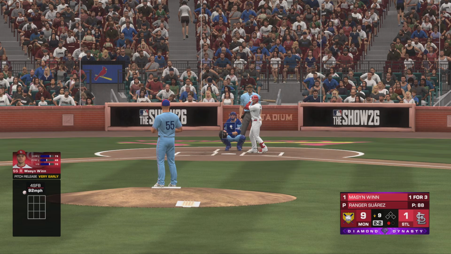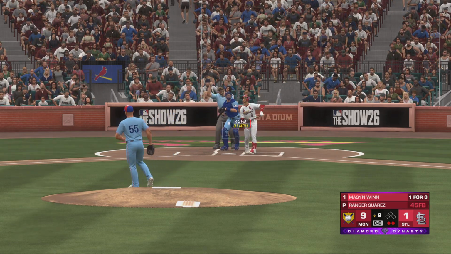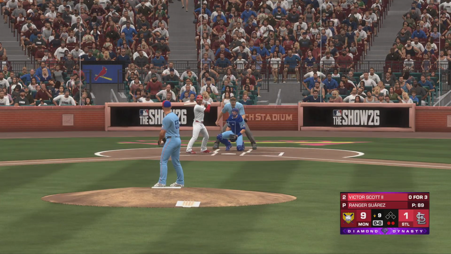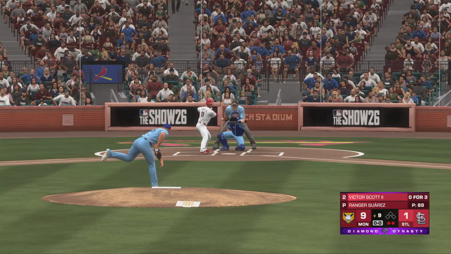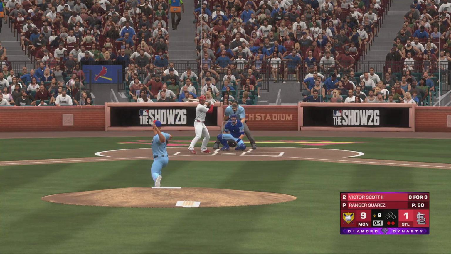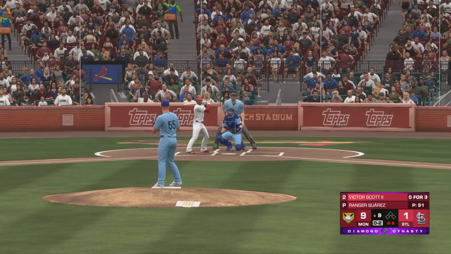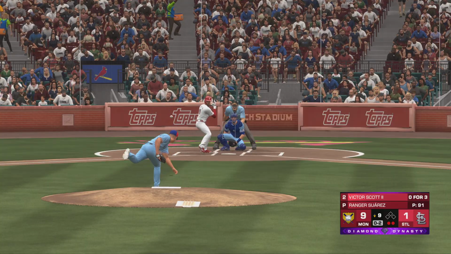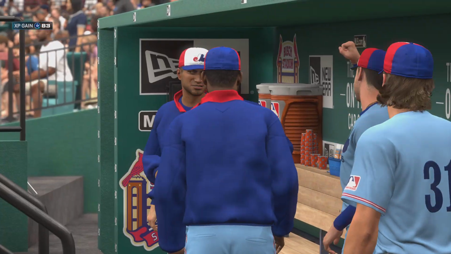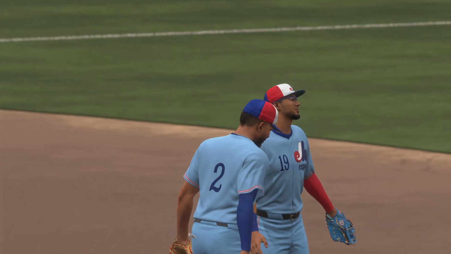Delivers a fastball, but it misses the plate. That's a strikeout, and now just one out away from a win. Down to the last out at Busch Stadium. Scott stands in now and watches strike one. Strike three. Ball game. The Expos take this 9-inning affair. That was an impressive win. Well played. That brings us to